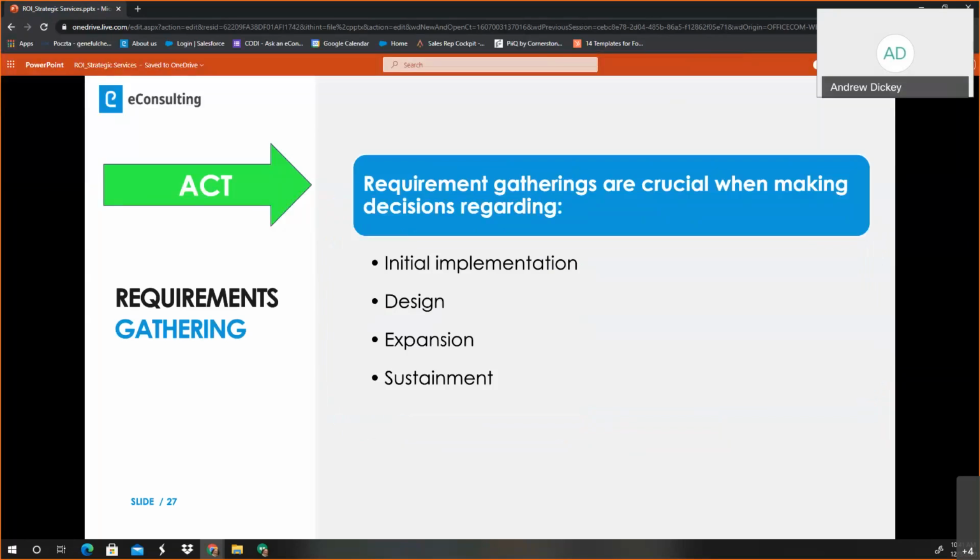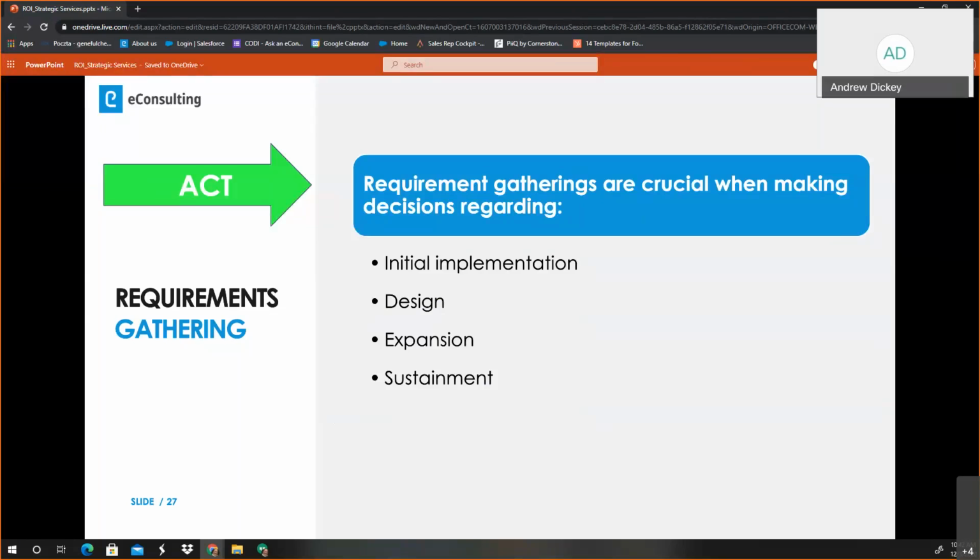Requirements gathering, just like a roadmap, is always gathering at the phase of where we're going in the future. However, if I'm looking at purchasing the Cornerstone product or a talent management system, what do I need to have? What is my initial implementation going to look like? What is my target audience? What are my technology requirements? How much money am I going to have? How much content am I going to bring in? How am I going to design? Am I going to expand out with a full suite? Or am I going to start with the smallest component and then build it out? And what is sustainment? So when companies go out and start thinking about their future, where they're going to grow,